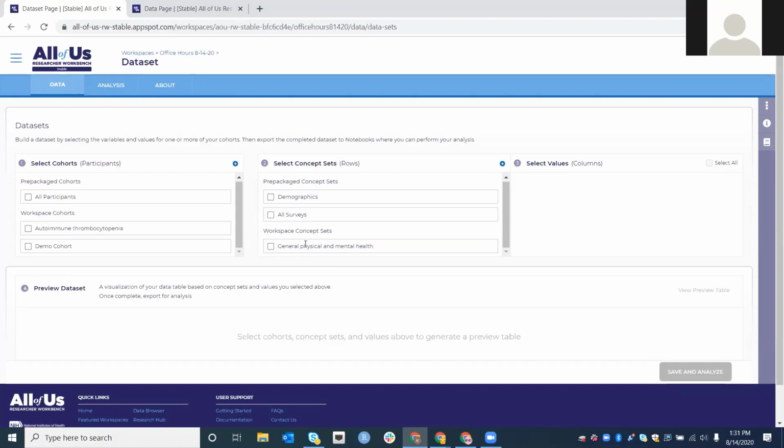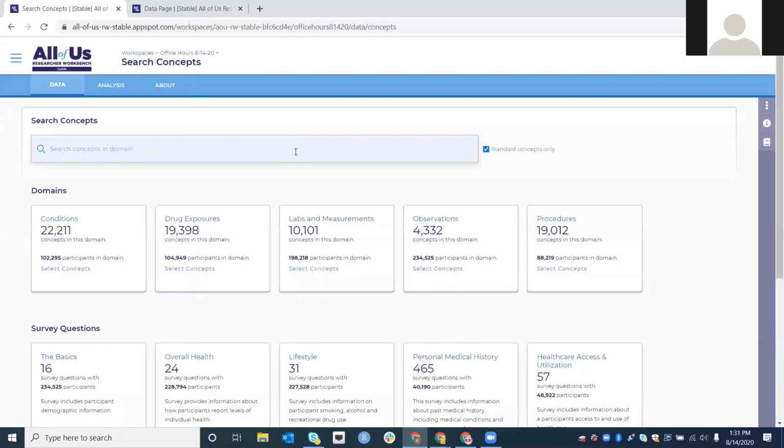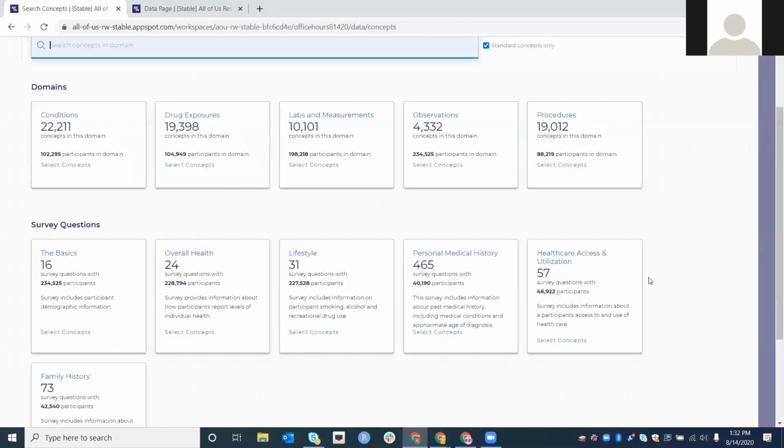So as an example here, let's say that I want to see, for the demo cohort that I built, very specific answers to that overall health survey. And I don't yet have the exact concept set I need here to select from. I can create a new one by clicking this blue plus sign here. And I can either search across all of the data we have to find the exact data that I want, the exact concepts I'm interested in studying, or I can go, in this case, to my very specific survey that